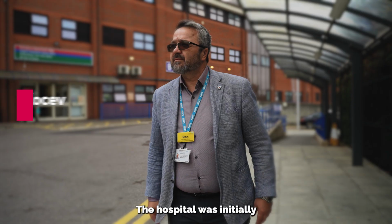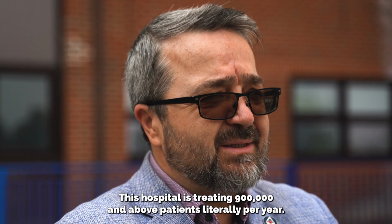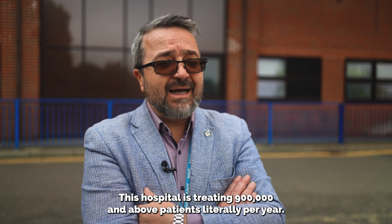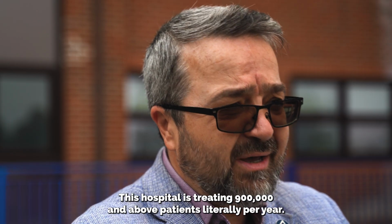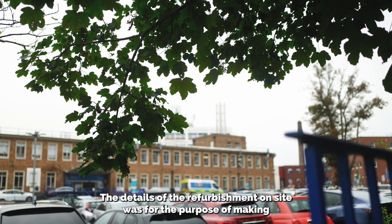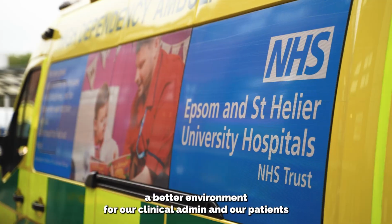The hospital was initially built in 1873. This hospital is treating 900 thousand and above patients literally per year. The details of refurbishment on site was for the purpose of making a better environment for our clinical, admin and